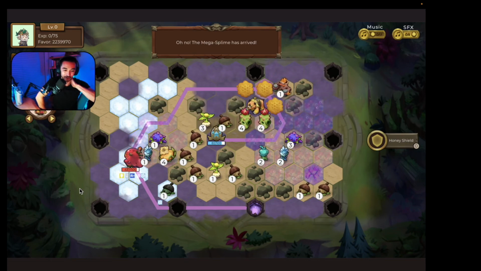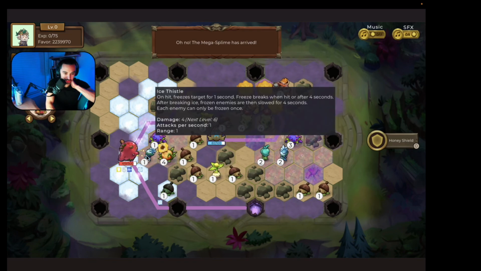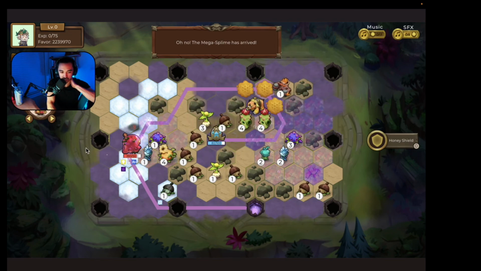I mean, he's crawling. Yeah, it's interesting because he's got the ice and he's got the turtle, which means the Ice Thistle's slowing him down. It says, after breaking ice, frozen enemies are then slowed for 4 seconds. They can only be frozen once, but I think that he remains slowed for 4 seconds. I could be wrong. No, I think the ice did finally wear off, but he's still going so slow on ice. Like, I think that's why they kind of put the ice here is...